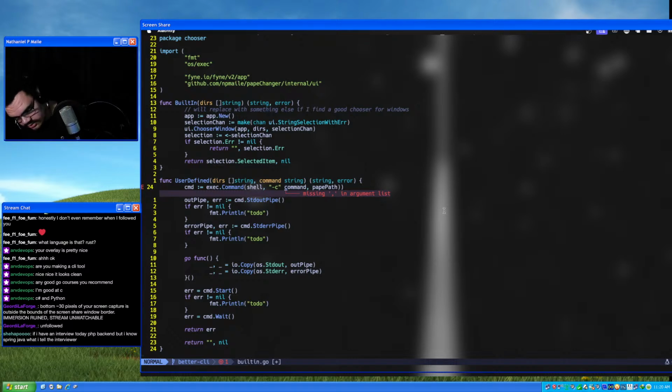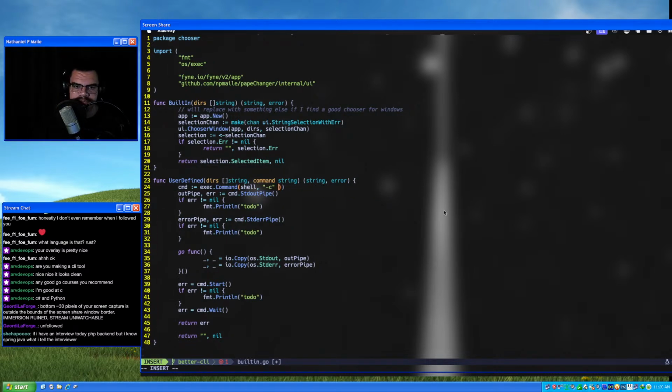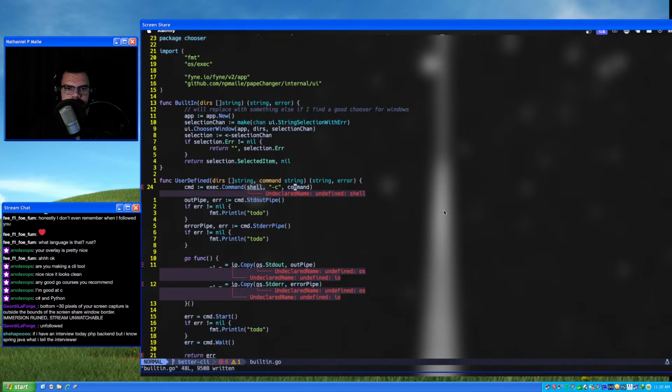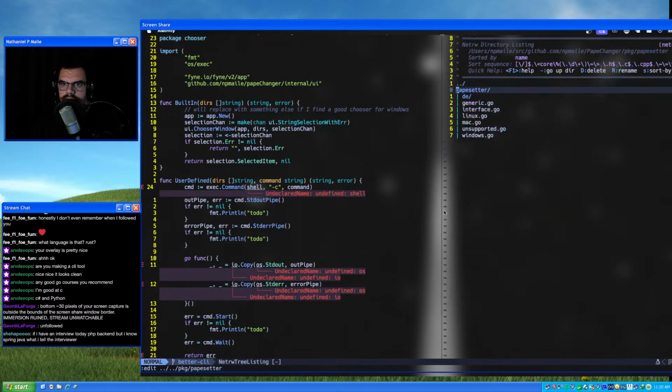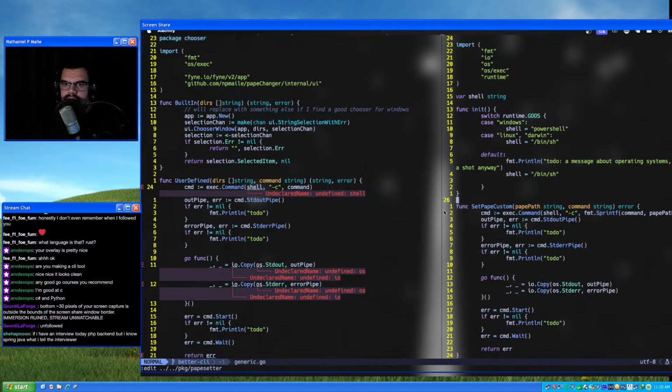Am I doing my command wrong? There we go. Shell minus C. Command. We'll need to do the same shell thing. So we'll yoink this.